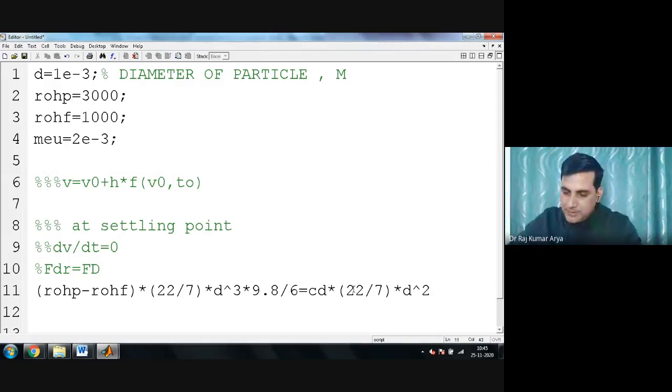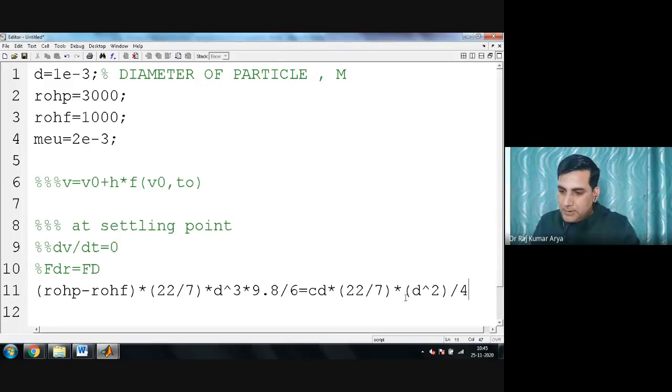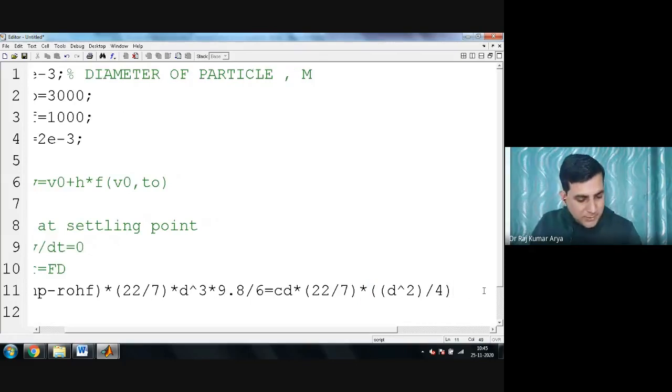You can write this whole thing inside a bracket, and then divide it by 4. This entire thing would be another bracket. There's no harm in putting as many brackets as you want, but things should not go wrong. So you got the area.